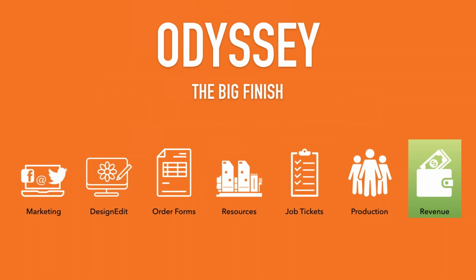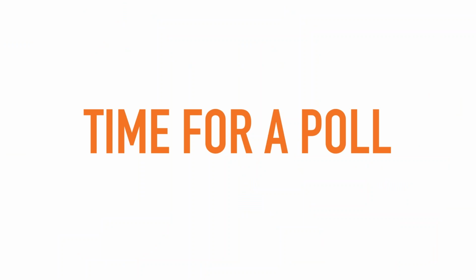And Dave, just to confirm, that order that you just completed in Design Edit is created in Odyssey and now is a job ticket for the printer to complete, correct? Exactly, right. So yeah, now we'll show the other half of that equation, but it takes that first half, moves it into the production part, which we just talked about, and we'll pull that up on screen in a moment. But before we do, I think that is my cue for that second poll. Sound about right? It is.